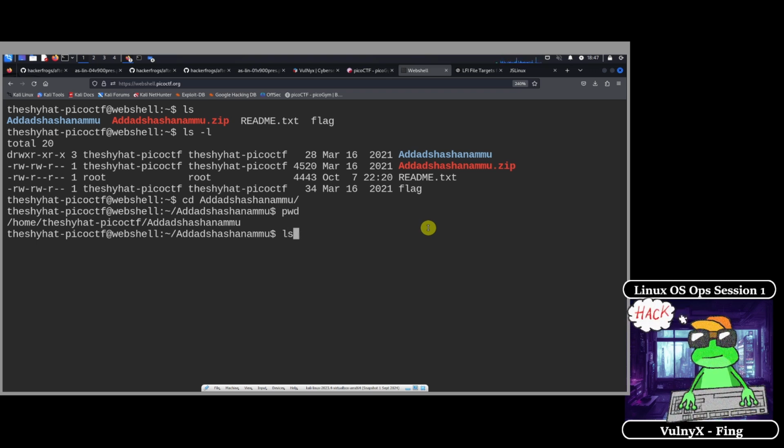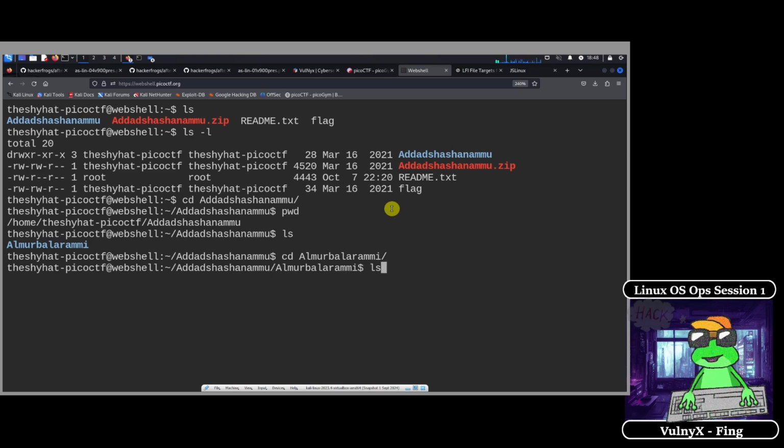So if we type ls and then enter, we see that there's another directory in this directory called almurbalarami. So what we need to do is we need to enter this directory as well. So we just need to do cd and then space and then al because that's the first couple letters of this directory, and then we can hit the tab key to autocomplete this. So hit tab to autocomplete the name and then hit enter.